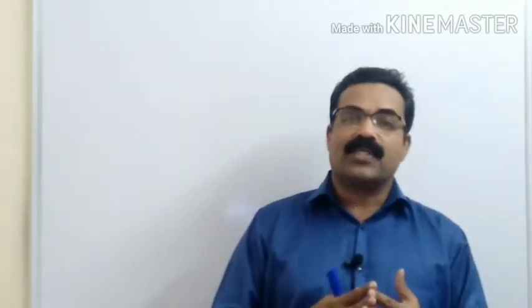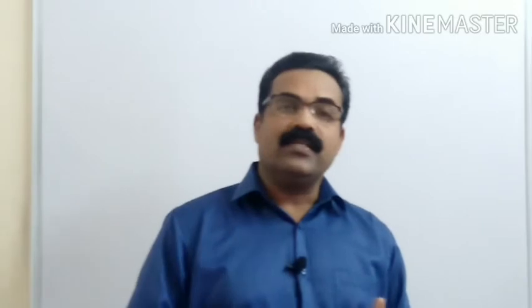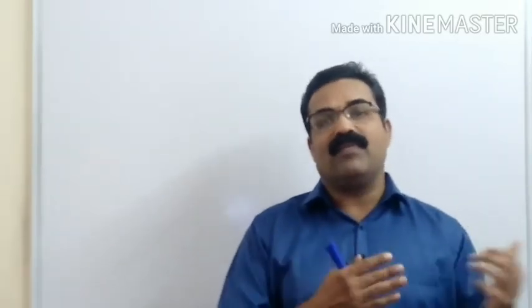So in the last class, students, we have seen what is arithmetic progression, and we have been doing arithmetic progression, that is chapter 5 of your CBSE mathematics. Let us continue the same chapter today also, and today we are going to solve some very important questions selected from your exercise 5.3. Before going to the questions, let us once revise the formula we have learned in the previous class.